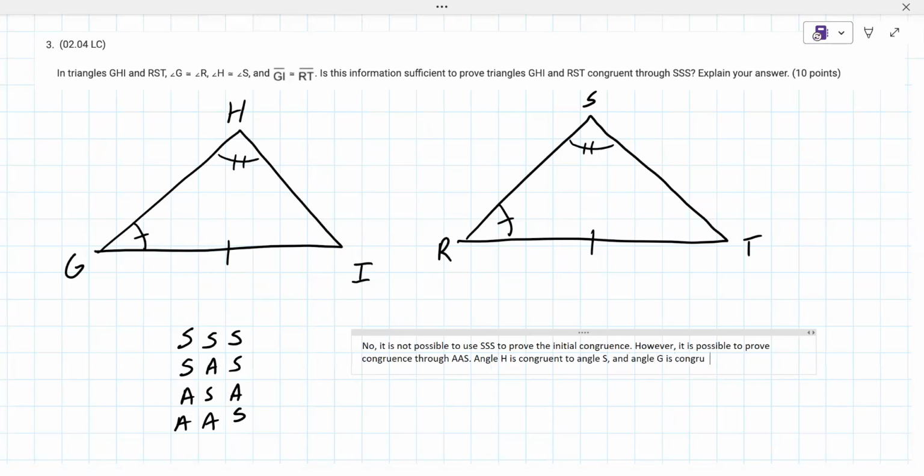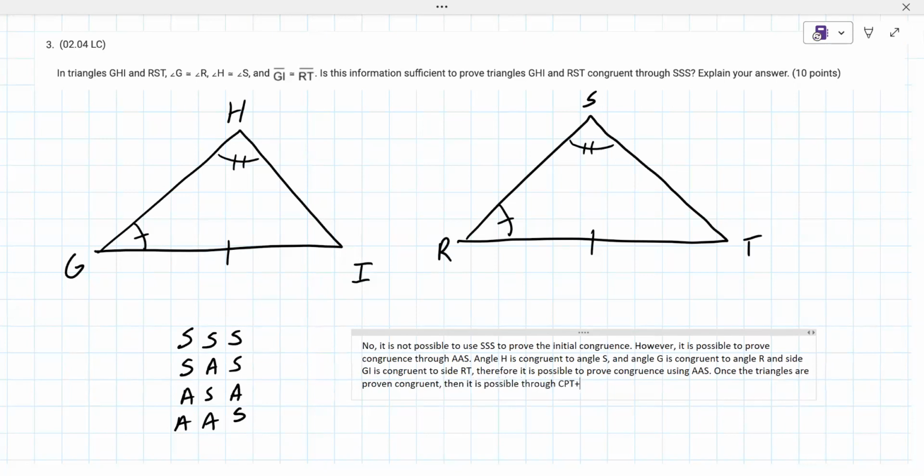Angle B is congruent to angle R, and side GI is congruent to side RT. Therefore, it is possible to prove congruence using AAS. Once the triangles are proven congruent, then it is possible